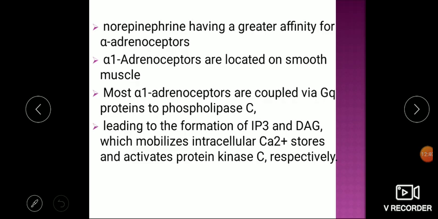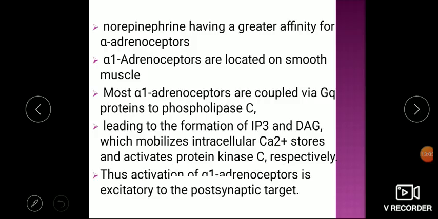Now when the calcium is more, if you go back to the smooth muscle contraction process, calcium is acting as a key. This will lead to opening of the active sites of actin and actin-myosin combination. So smooth muscle contraction takes place. But in smooth muscle there is an additional phenomenon called latch bridge phenomenon, which leads to consistent contraction of the muscle for a long period of time. So activation of alpha adrenergic receptors leads to excitation and basically vasoconstriction.